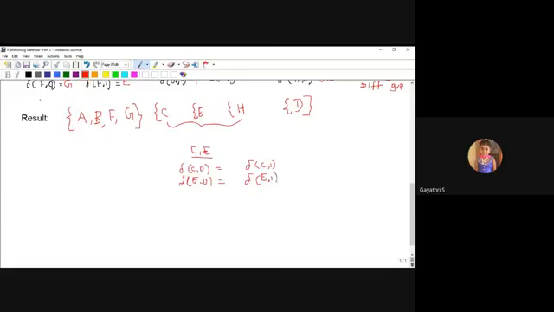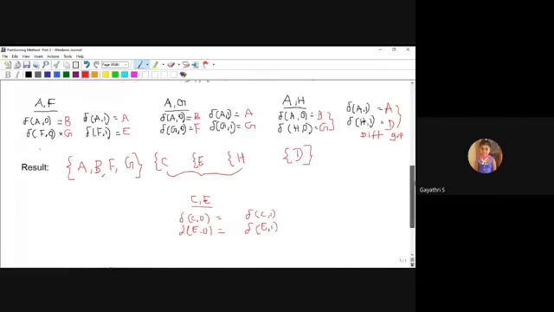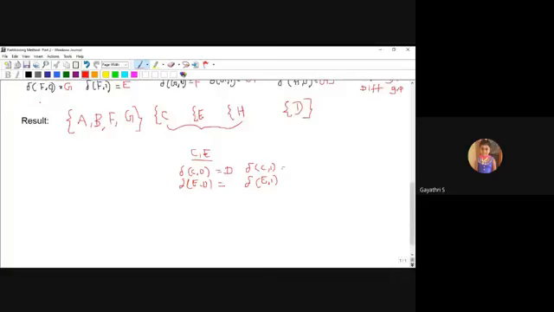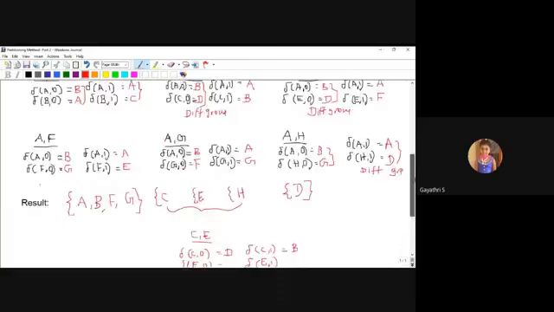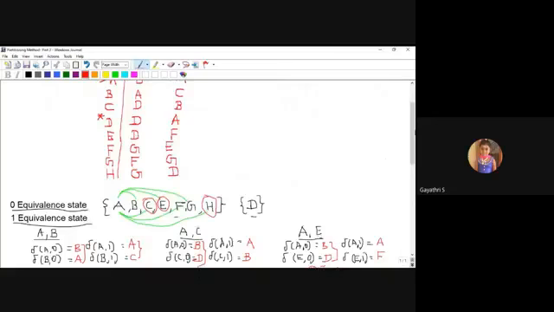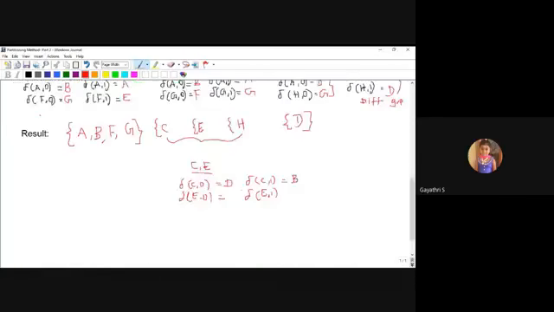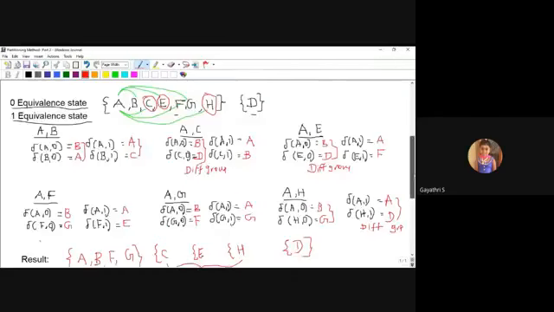So C comma 0 and C comma 1 give B, B. Next, E comma 0, E comma 1 give D, F. See here, DD, this pair is in the same group, yes, in the previous zero equivalence.